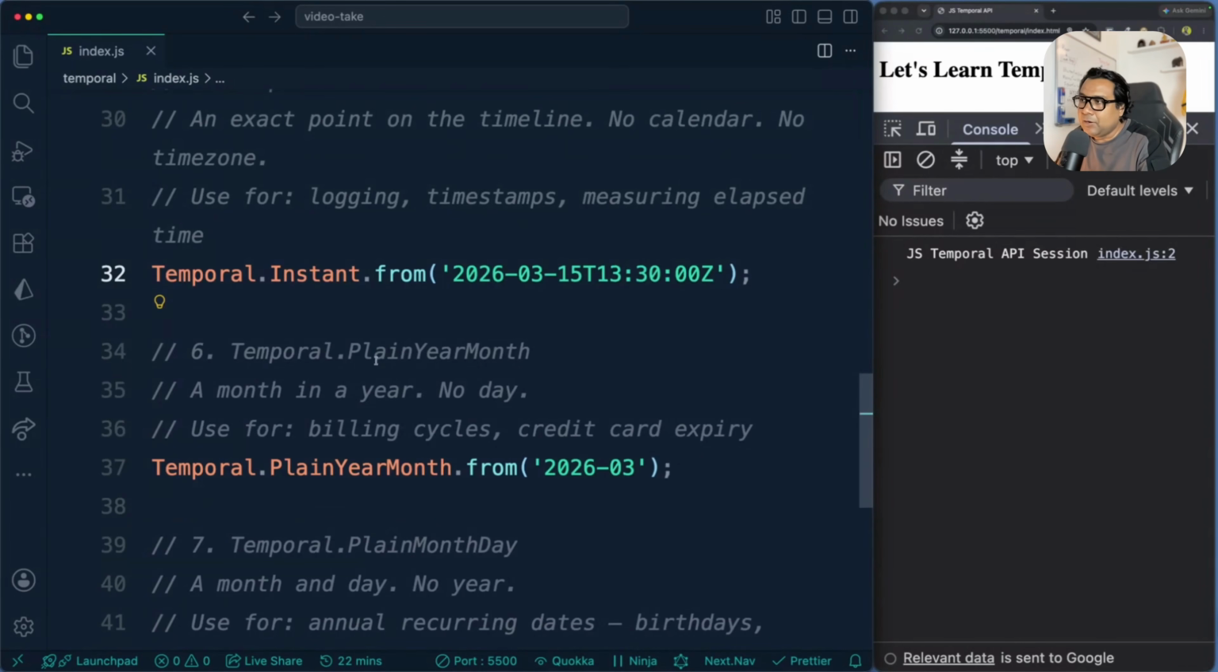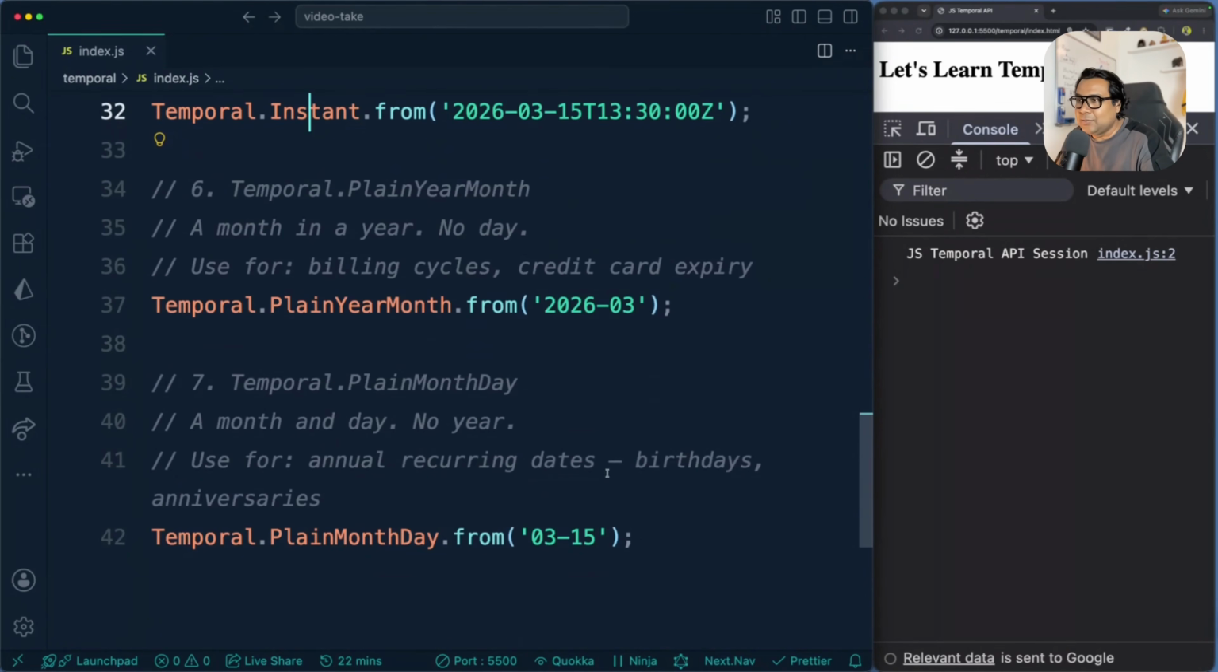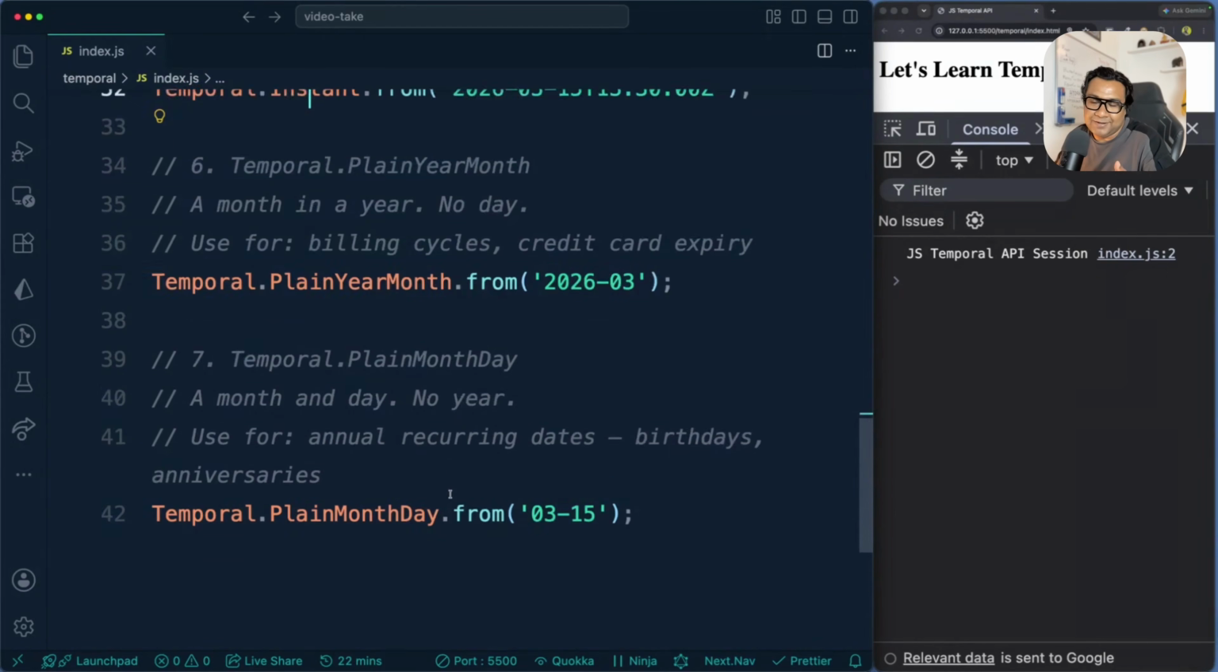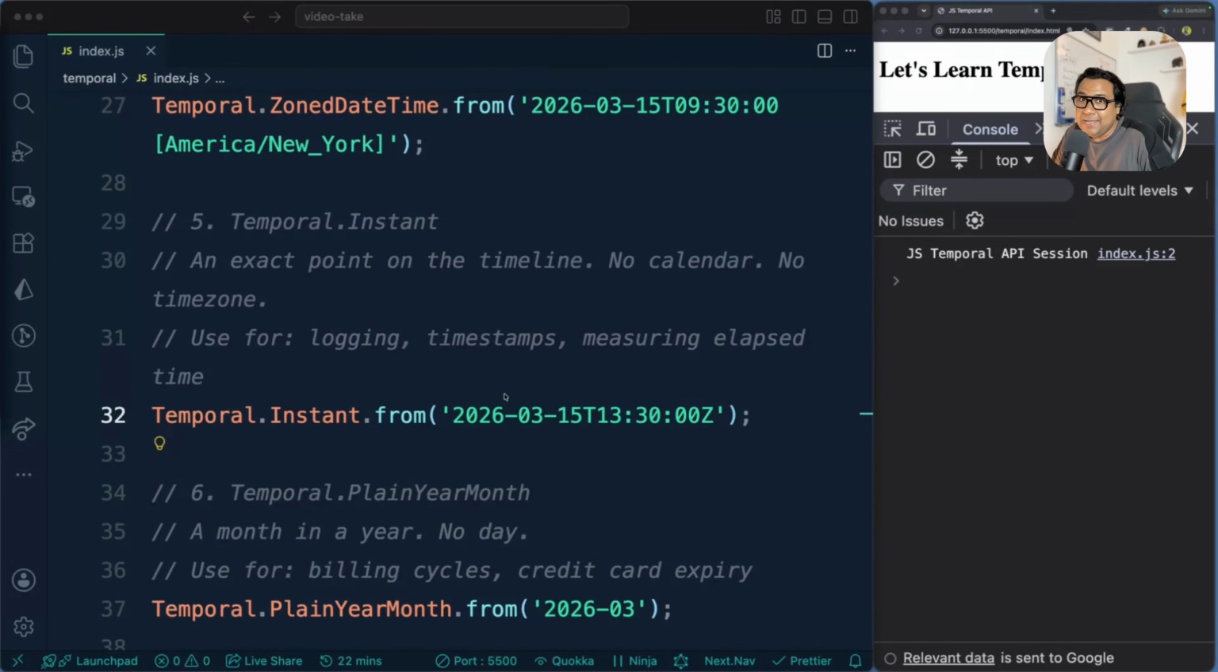Then you have Temporal.PlainYearMonth, a month in a year, usually used in invoices for billing cycles, credit card expiry, and all those situations. Then the last one is Temporal.PlainMonthDay. Here month and day together, but no year. Used for annual recurring dates like birthdays, anniversaries, etc. So these are the 7 different types that Temporal provides so that we can use them based on the usage